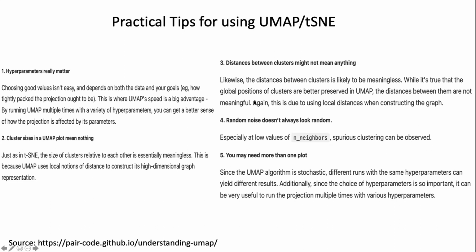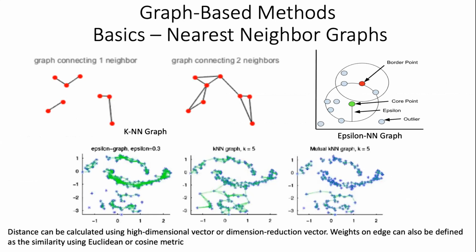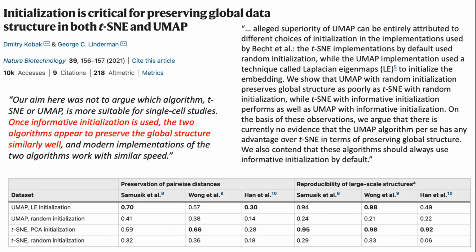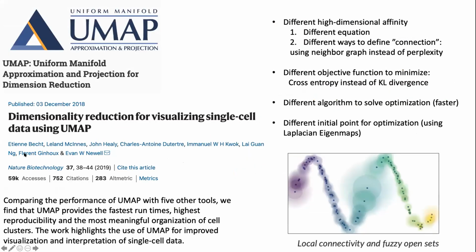So that's another thing you need to keep in mind. And also the fifth thing is that you might need more than one plot. For example, maybe in the supplementary you want to include different parameters to show that it is a quite robust result. So next, I will briefly introduce something, because at least one thing that people claim makes UMAP better than